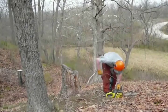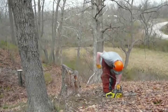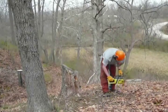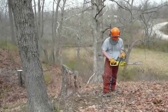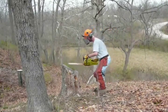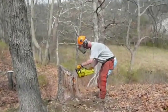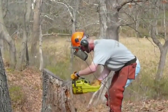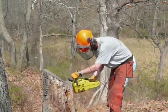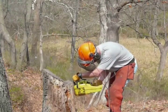Now you'll note that that stump is rather big and still large, and I don't want to take that whole piece of wood back to the lab with me. So what I'm going to do is cut out a cross section of that piece of wood, and I'm going to start by taking off the top of that stump. And what I ultimately want to do is try to only bring back a small piece of that stump,